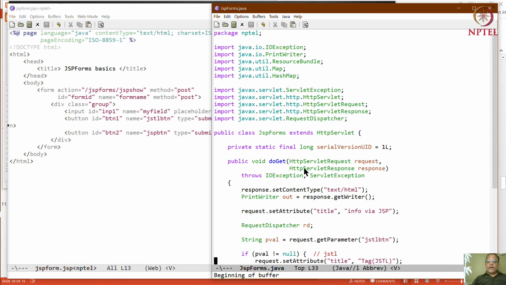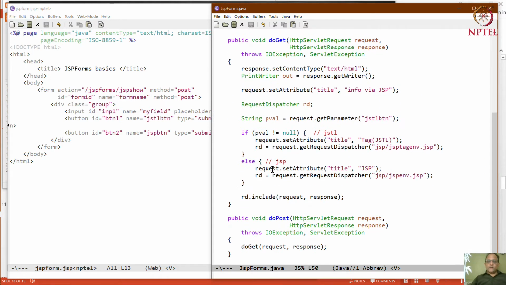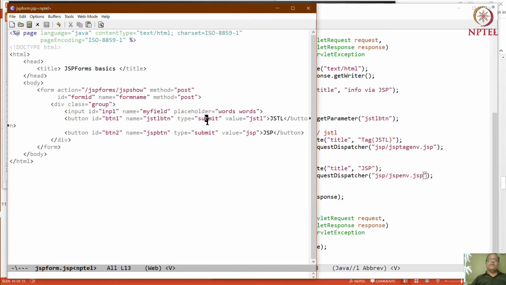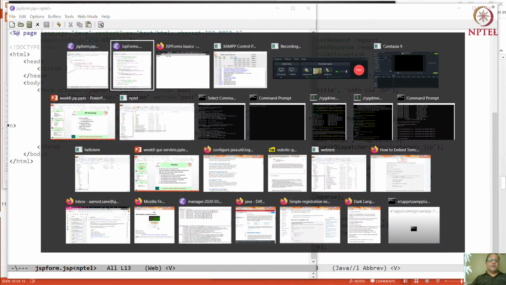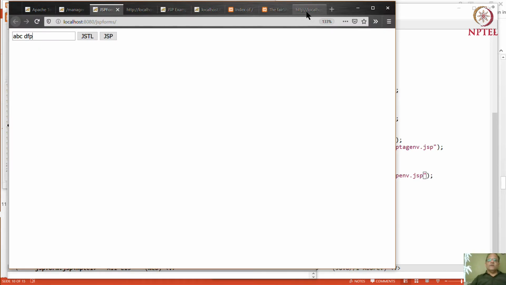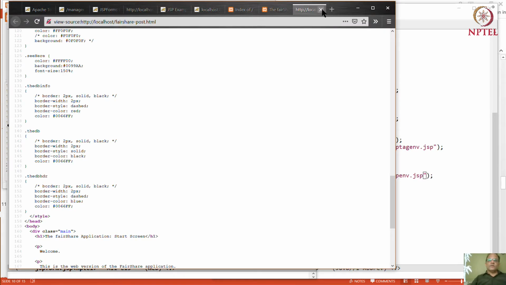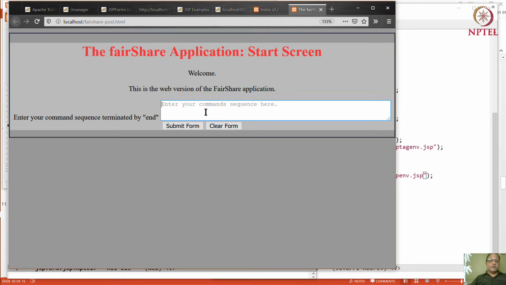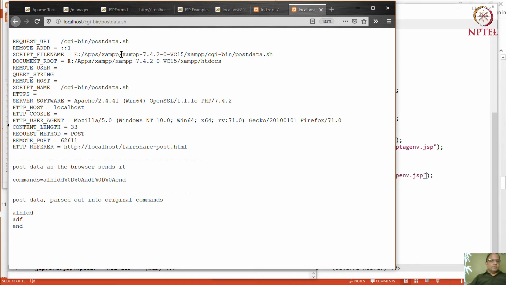Okay, so we came from a JSP to a servlet class, and from this servlet class we are going again to a JSP. So this time there are two JSPs. Again, this is very reminiscent of what goes on in the case of FairShare, which is if you submit this information here, then something gets generated by the backend.